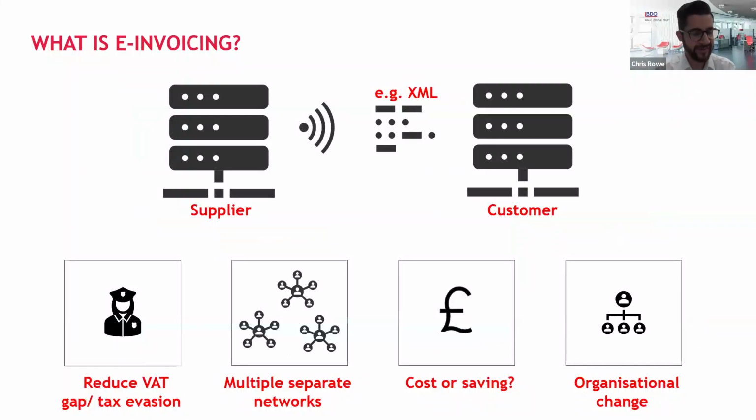Right, so e-invoicing then. There's definitely an e-invoicing revolution in full swing, I would say. So first of all, what is e-invoicing? Well, what it isn't is a PDF sent by email. Because whilst that might seem digital, and it's certainly better than a paper invoice, it still requires manual entry or OCR to actually extract the information from the invoice. So what e-invoicing actually is